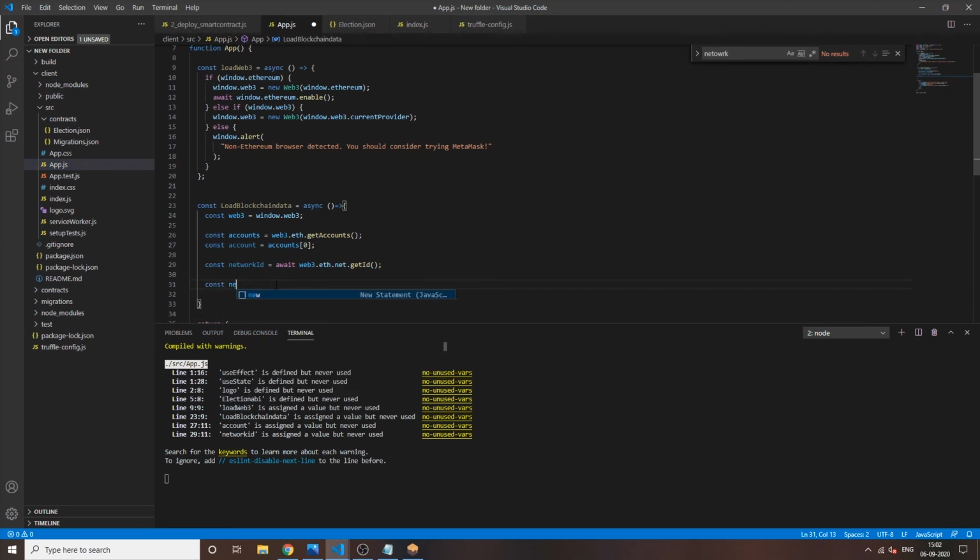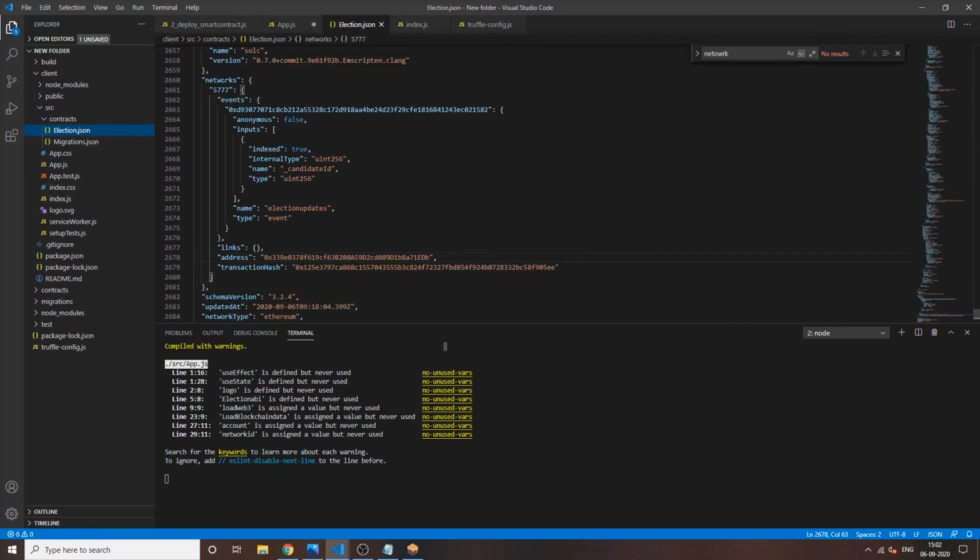So what we will do is get the network data so that we can get the address from the network data. If we just write await web3, no, not await, so we can get it from the election ABI that we have defined, dot networks, dot, what was there.